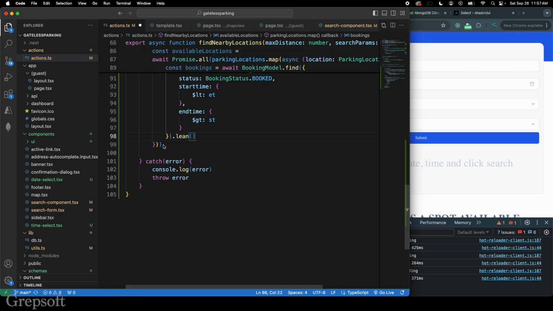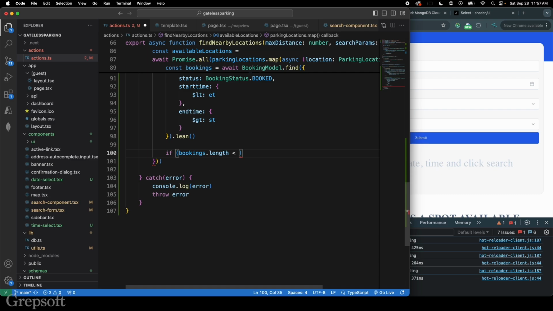All right, and then what I can do is, after this is done, I can come here and say if bookings.length is less than location.numberOfSpots. Okay, so that means if we have, let's say, 5 spots and the booking length is 3, that means we have 2 spots available, right? So then we can do return